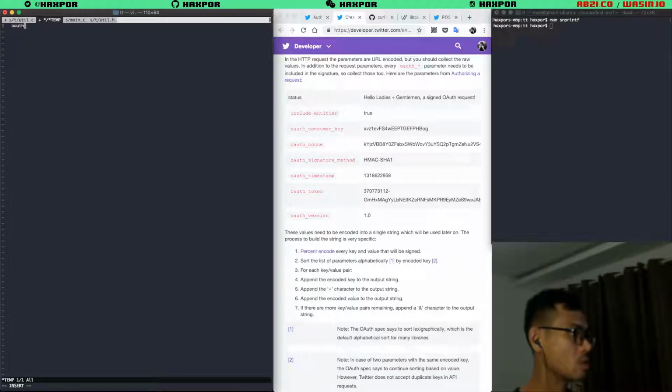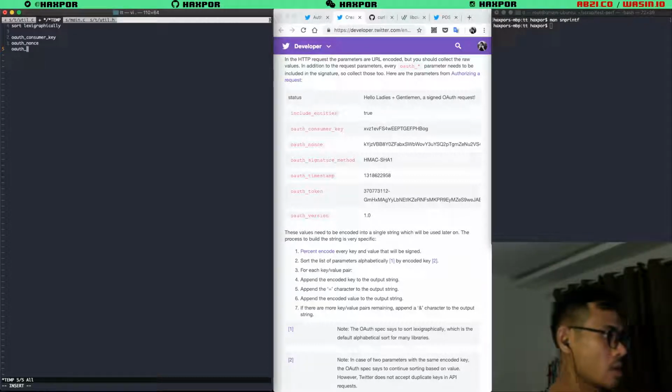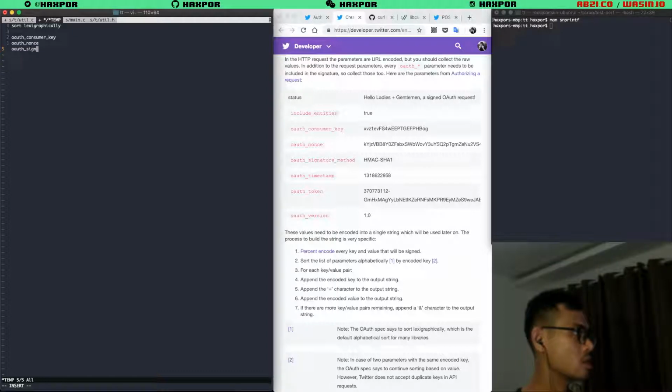The first one is going to be OAuth consumer key. The second one, sorted lexicographically: OAuth, ABCD, FGS, ILMN, or an ST. Signature method, or timestamp, or token, or version.